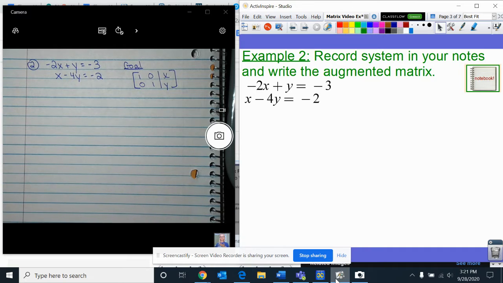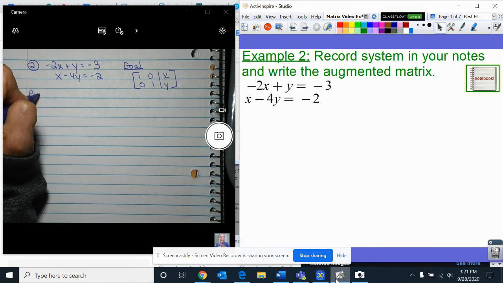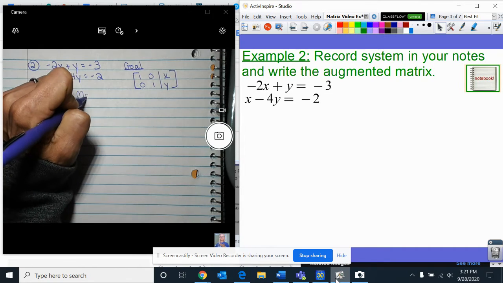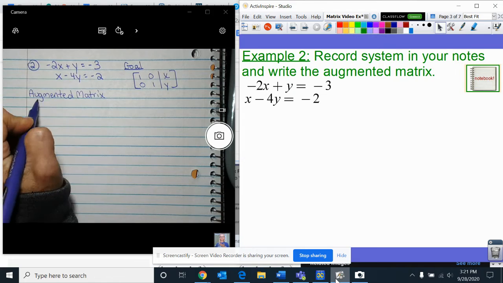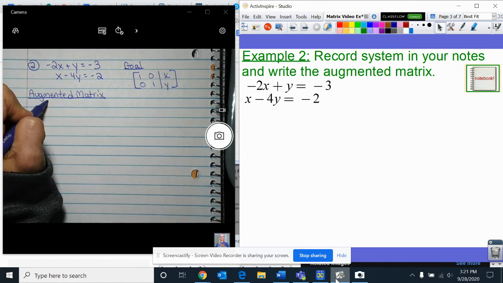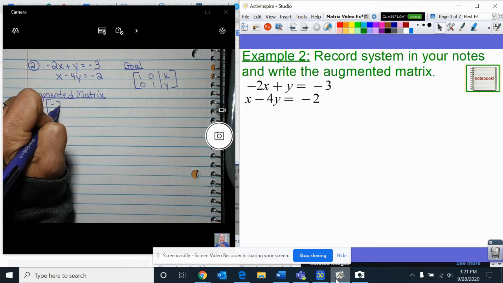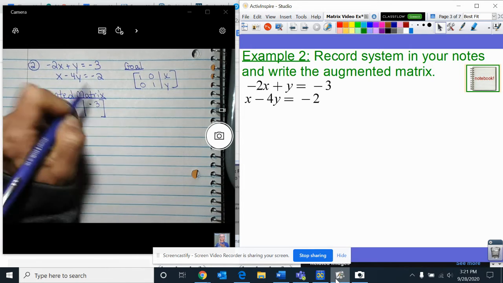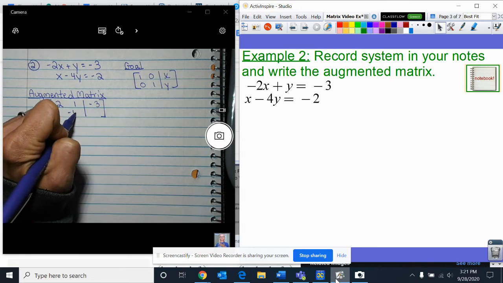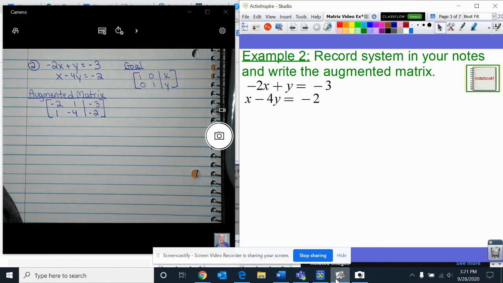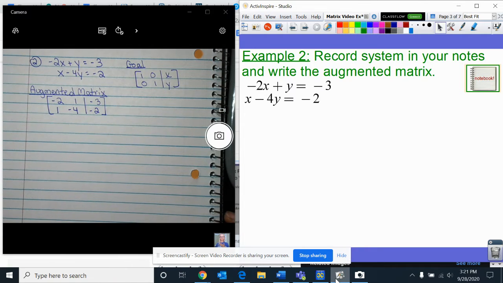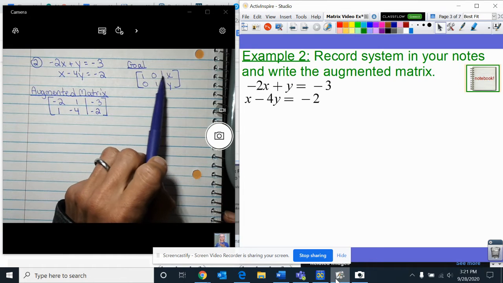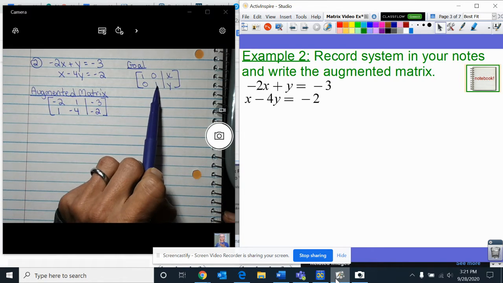From here, I'm going to put it in the augmented matrix, using just the coefficients. I create the augmented matrix. Now, the first thing I'm going to think about is my goal. I want a 1 and a 0 in the top row and a 0 and a 1 in the second